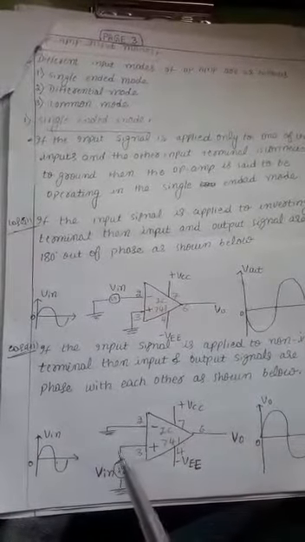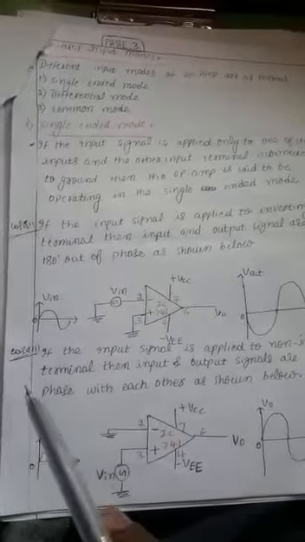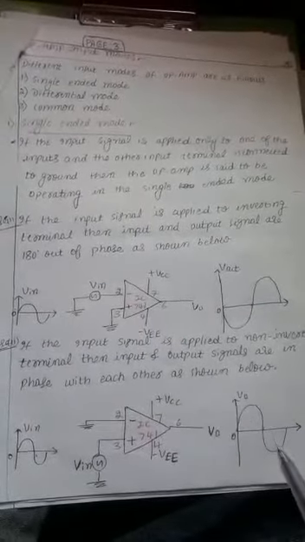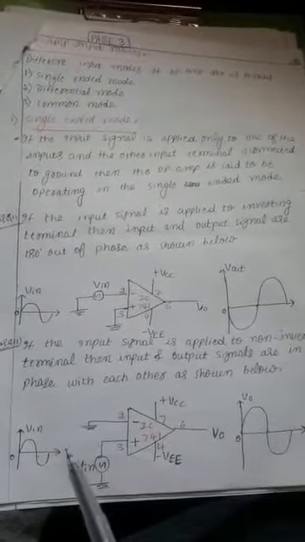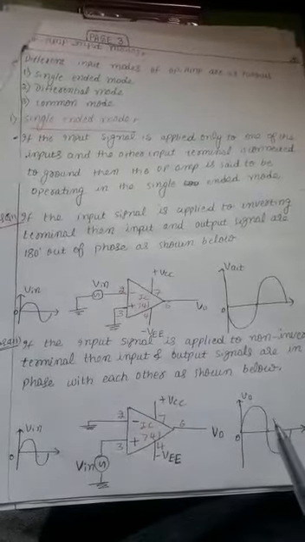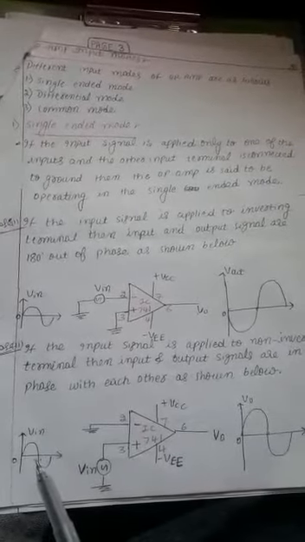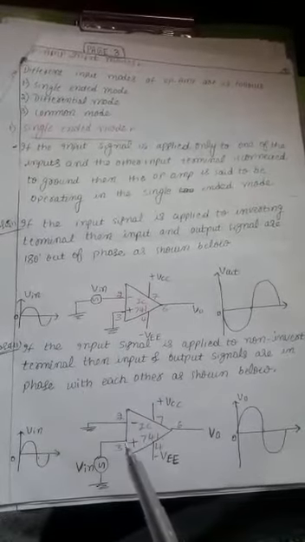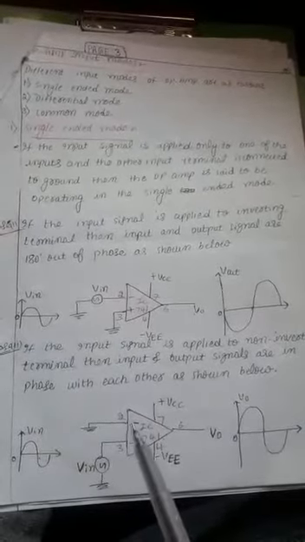Suppose pin number 3 you have to ground it. Suppose if you are applying the input at pin number 3, then pin number 2 you have to ground it in case 2. So during that case, the output you will get is a magnified one with respect to input, and also the phase of the output remains the same as the input voltage. Plus is called non-inverting terminal, minus is called inverting terminal.